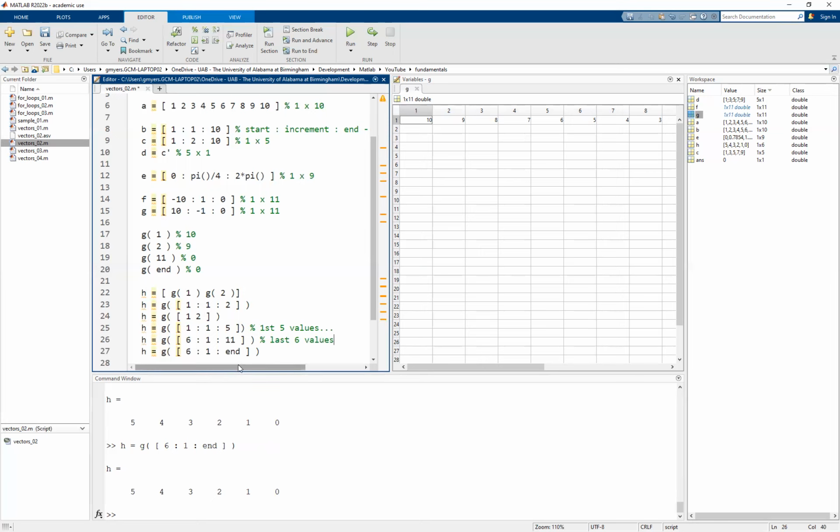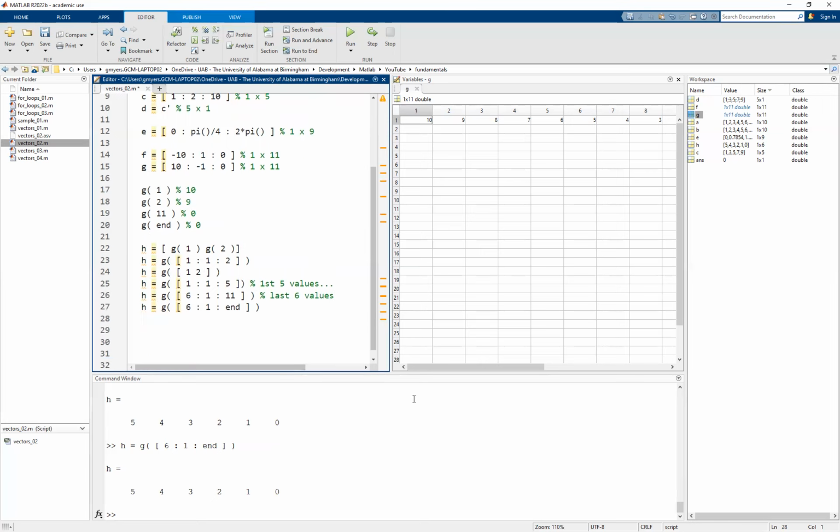And I think you can guess that I can combine these two approaches now to be able to get select elements out of the vector. So let me give you an example here. What if I asked for every odd indexed element? So in other words, we're going to make a quick note here that I want to get every odd indexed element. Well, the first thing we want to do is recognize, how would we create the odd indexes or the odd indices? And if you recall from the earlier example, we figured that out accidentally, right? We started with 1, we incremented by 2,